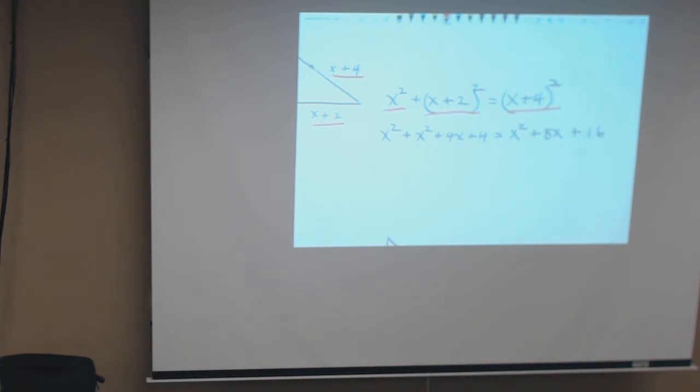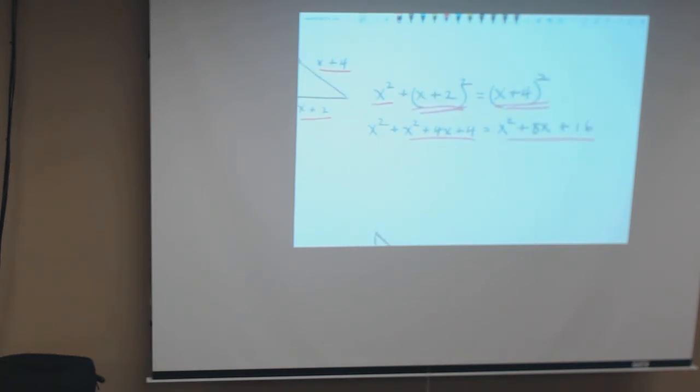And when you work all that out, you end up with, what would that be? Minus x squared, minus 8x, minus 16, and that would be x squared minus 4x minus